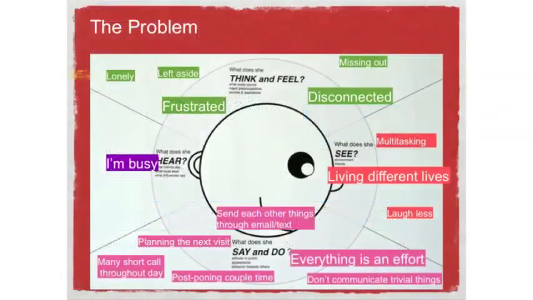etc. Here was another example of someone trying to understand the customer problem of couples who happen to be on separate coasts or long distance from each other. And they were trying to understand what the problems were. And so they were able to articulate all the key pieces and kind of rank them by priority. And I thought this was a great way to kind of diagram the problem.